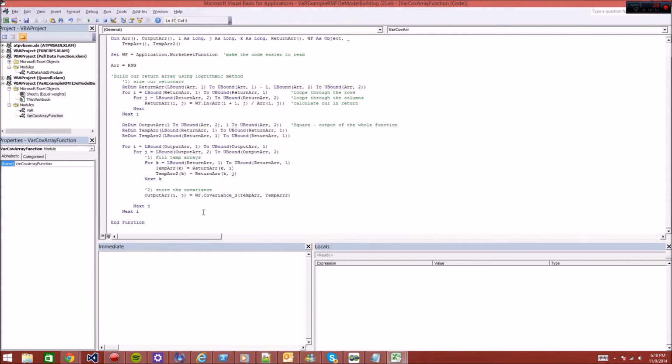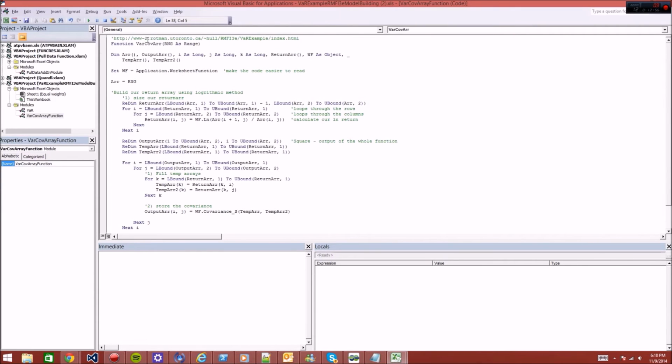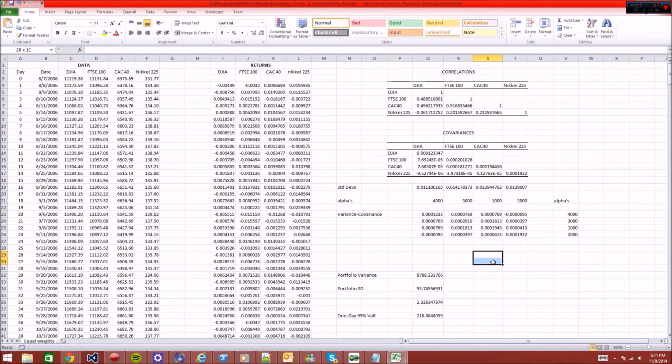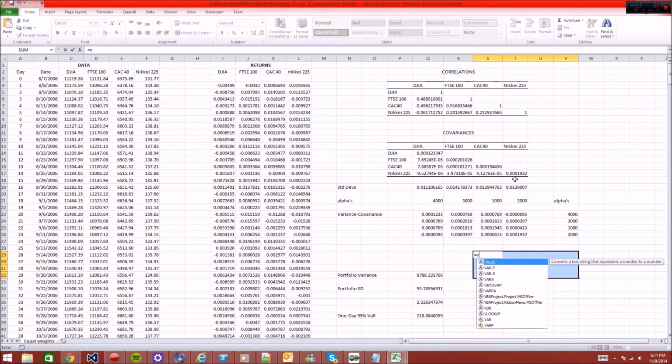Now the very last thing that we need to do is say that our function name, I'm just going to take it from the top, copy this, come to the bottom, and I'm going to assign it the output array, and we're done. So now to check that we actually made this true, select a 4x4 cell, and we're going